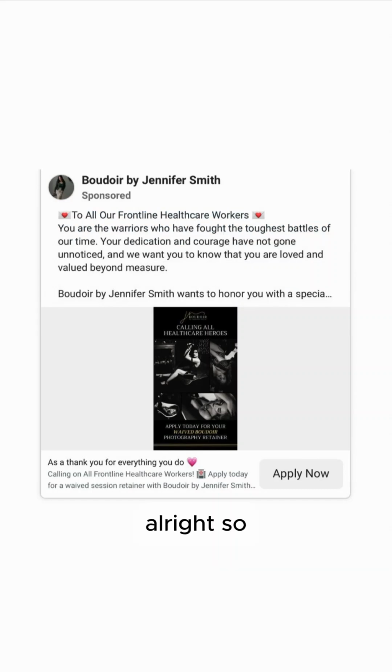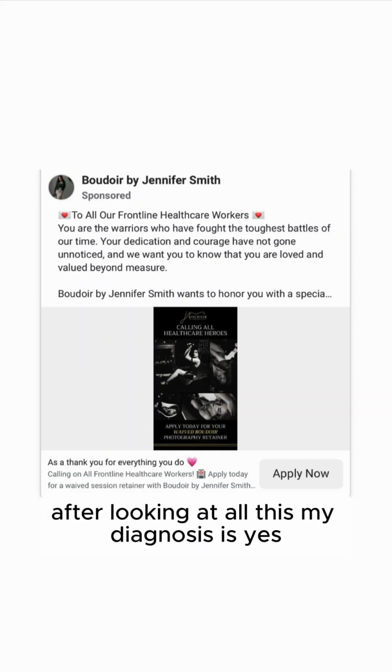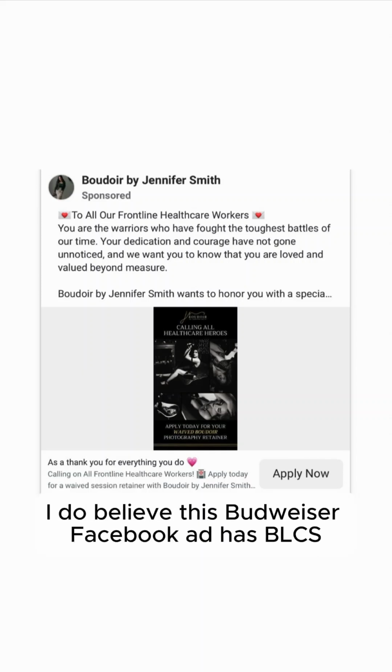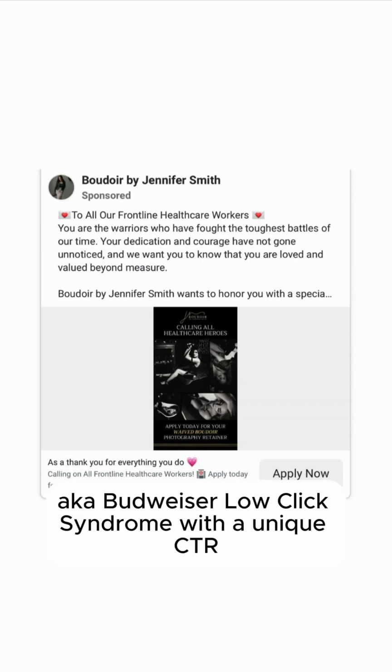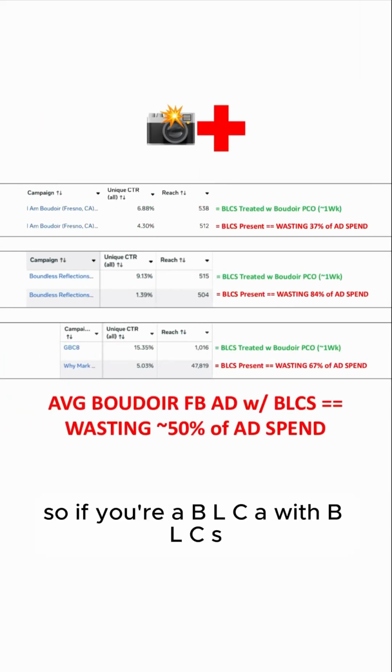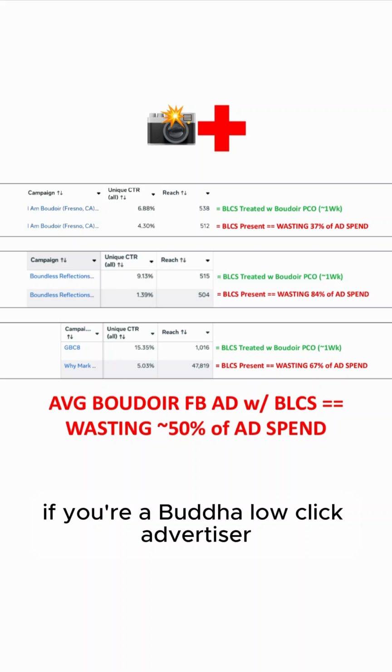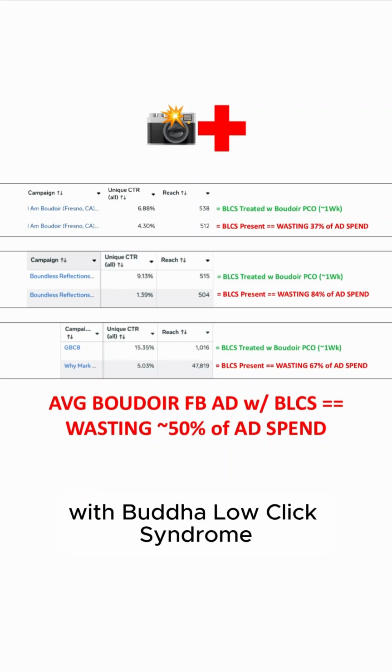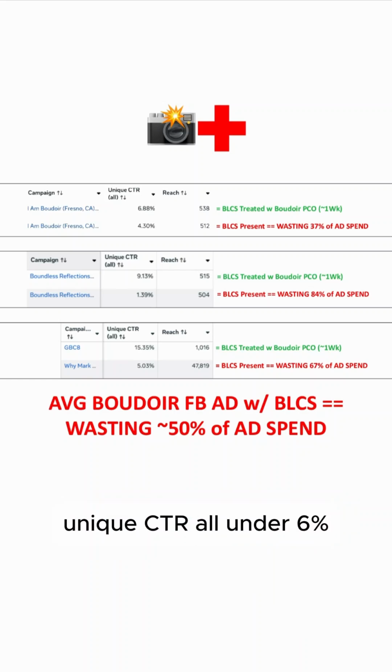All right, so after looking at all this, my diagnosis is yes, I do believe this Boudoir Facebook ad has BLCS, aka Boudoir low click syndrome, with a unique CTR all under 6%. So if you're a BLCA with BLCS, if you're a Boudoir low click advertiser with Boudoir low click syndrome, unique CTR all under 6%, and you actually want